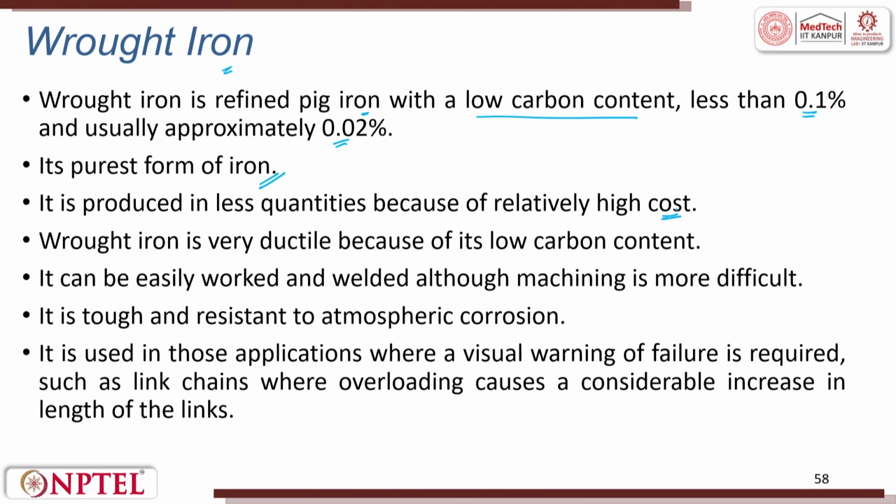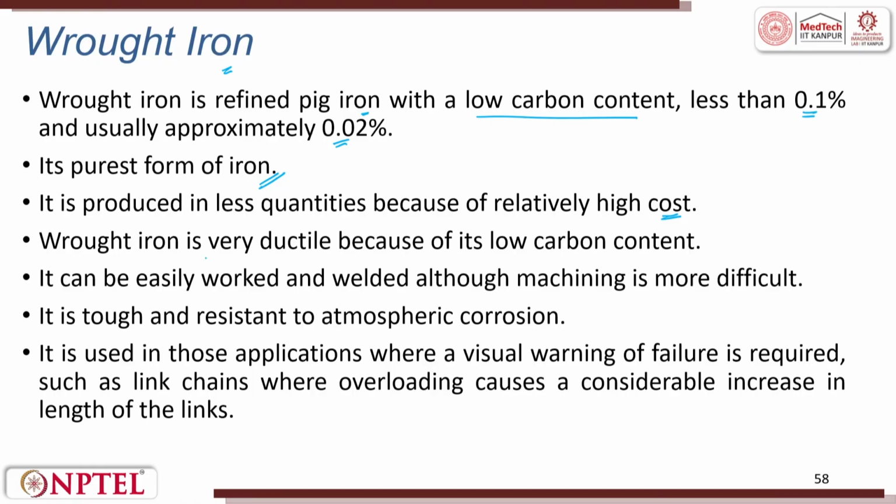So, you have a nascent material. To the nascent material, you can now add whatever you want: silicon, magnesium, manganese, cerium, anything you want, you keep adding to it. Right? So, wrought iron is very ductile because it has low carbon content. So, the carbon is the king player there.